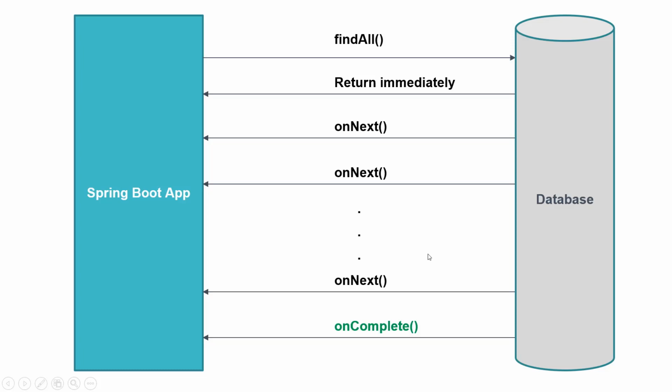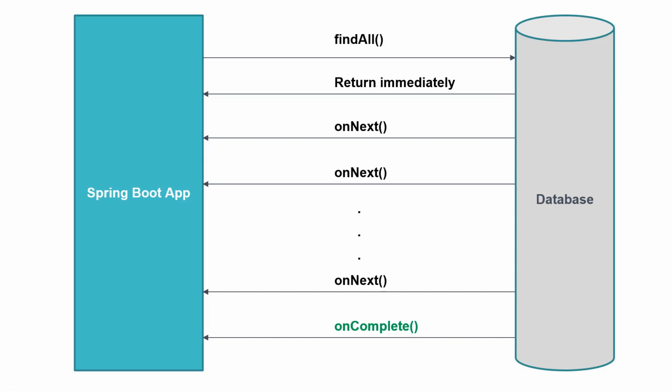So in our example, we have 10 records, so there will be 10 onNext events. Each of these onNext events has one record that we have asked for. Now say for example, this is completed. We got the 10th record with this onNext event. So data flow completes successfully. So at the end, there will be an onComplete event.